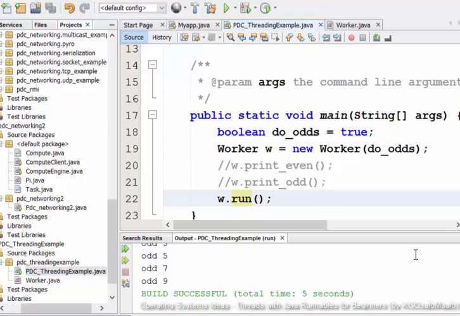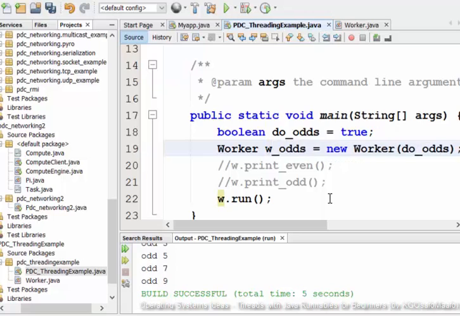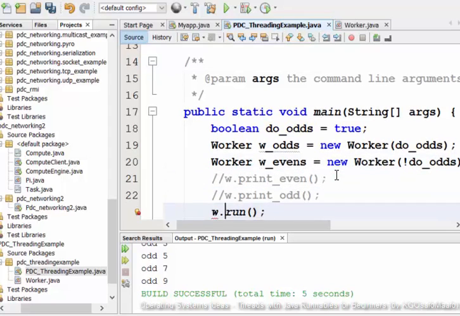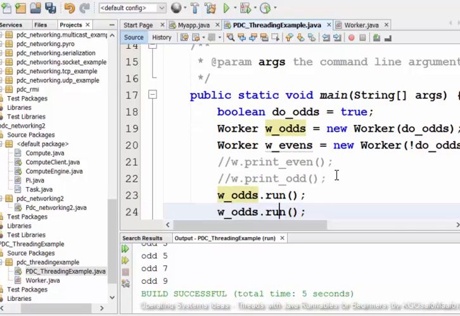But now we're going to do at least the exciting thing that most people have not been thinking of as far as problem solving. That is, can I run 2 versions of this? That means this is a worker that does odds, right? And another worker that does, okay, I'll put not here. So he does evens. If I say w odds.run and w evens.run, in a normal program,